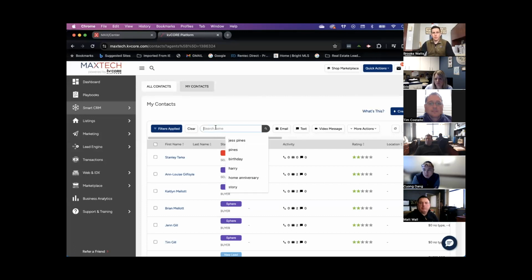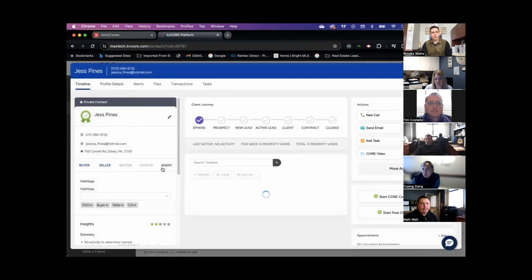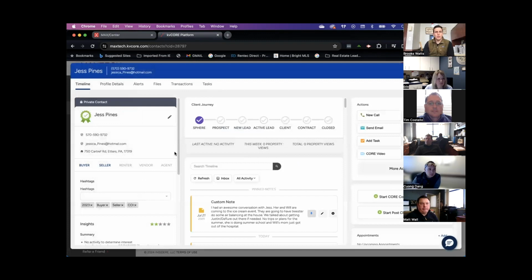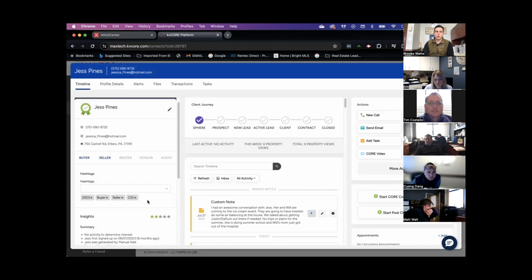For example's sake, I'm going to pull up Jess Pines here, and we'll take a look at her contact. I'll show you some of the things that are pretty neat about the system. On the left-hand side, you have the client overview, their contact information, and their property address, if you put that in there. The hashtag system is one way this CRM allows you to differentiate the people that you put in your